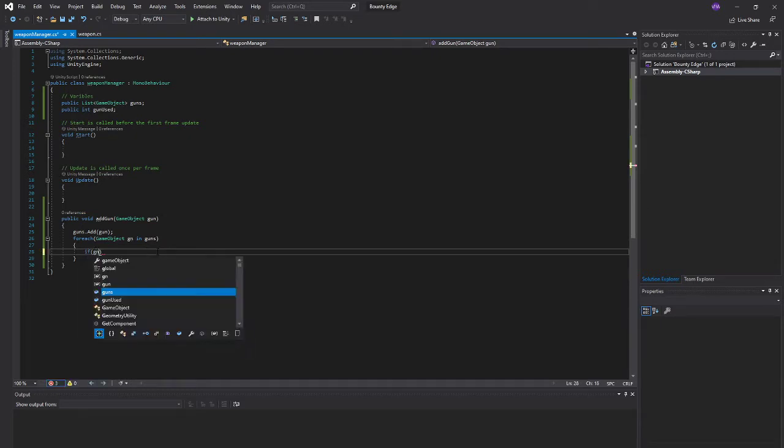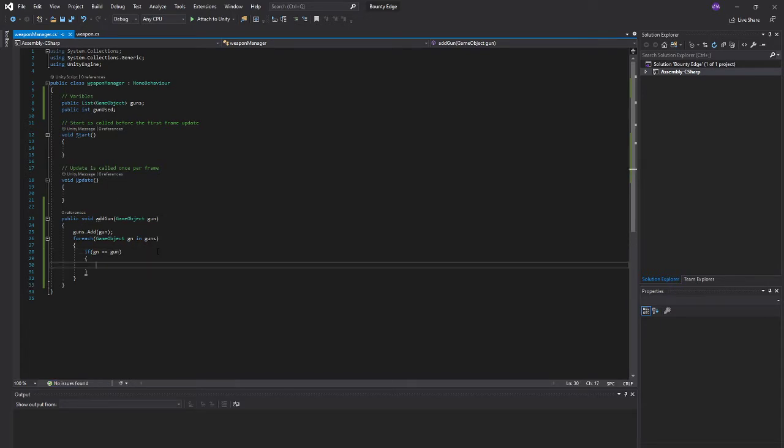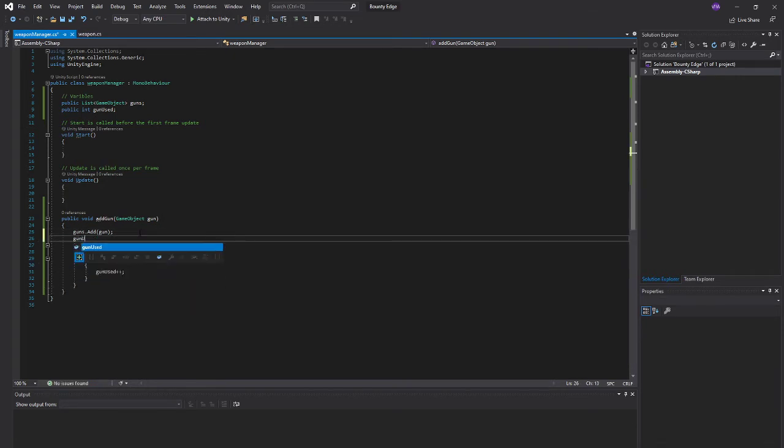If gn equals gun, then gun used plus plus. Well, if it does not equal gun, gun used equals 0. Alright,